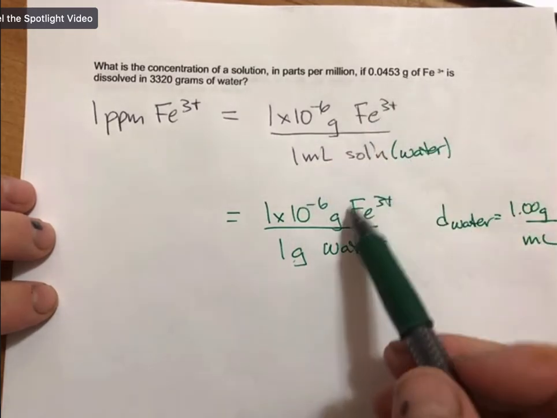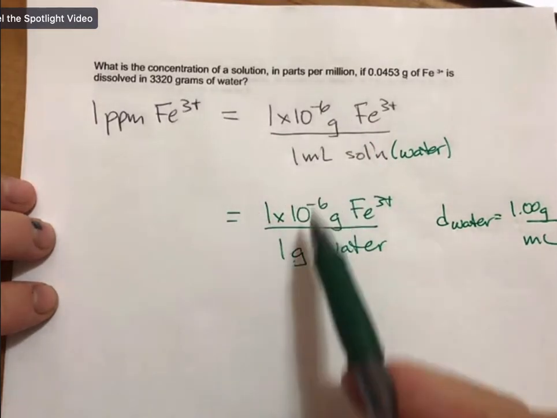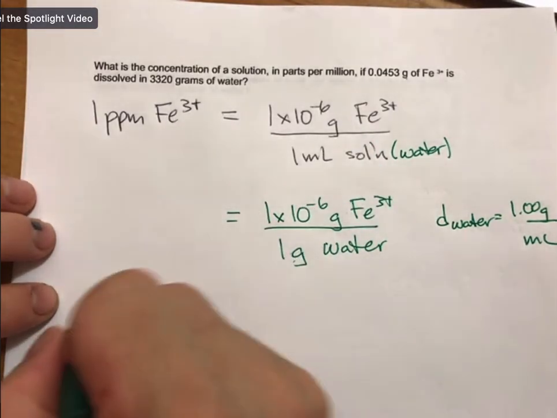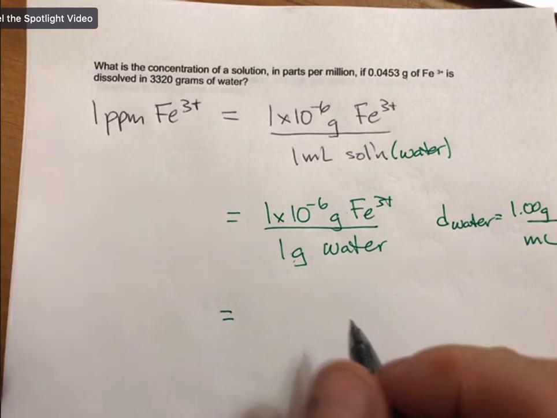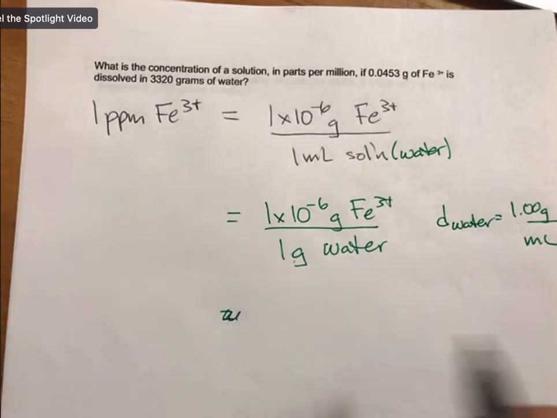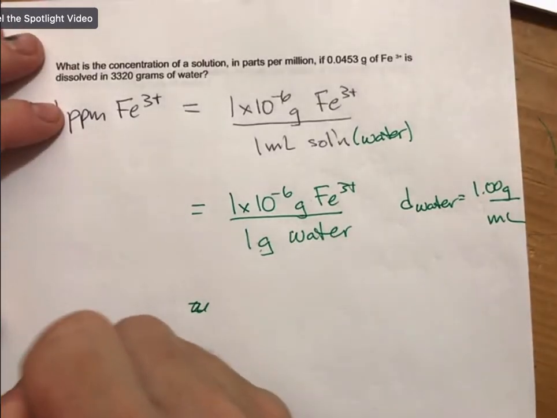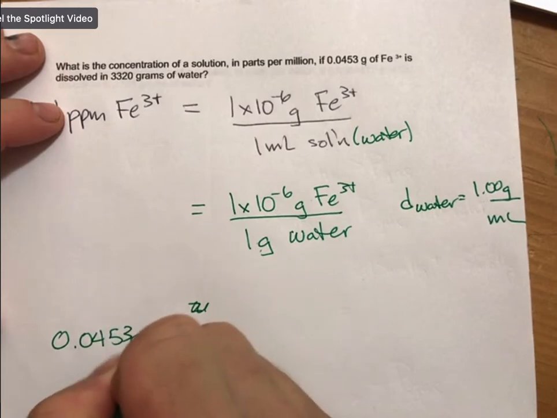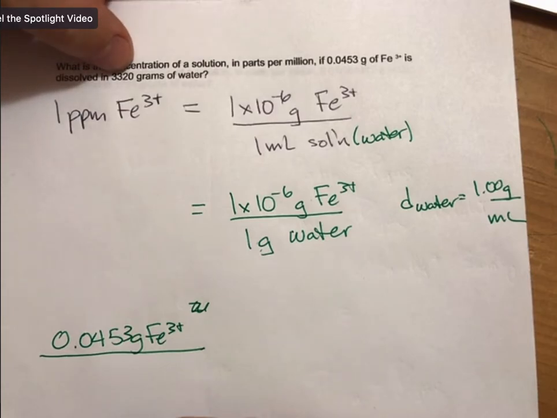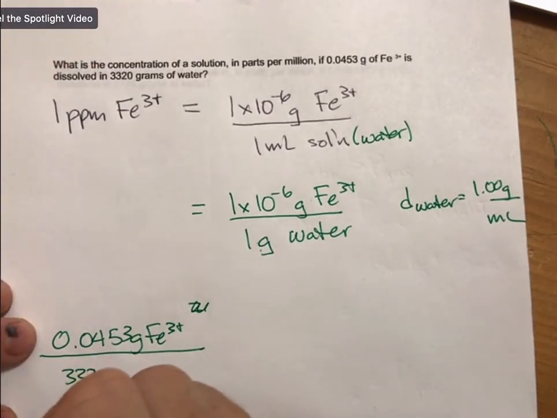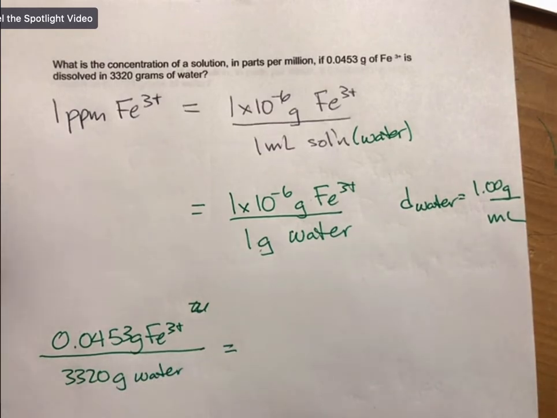And whatever version, the grams of the solute is going to go on the top, and the grams or milliliters are going to go on the bottom. So typing this in, I get, so what to do for your next step. Now the way that I like to do this is I will take my 0.0453 grams of Fe3 plus, divide it by my grams of water, and when I do that,